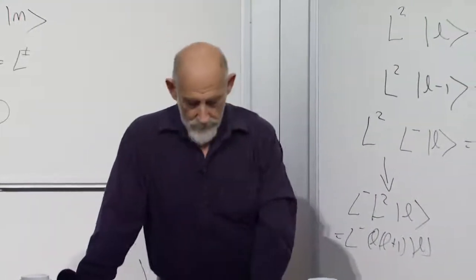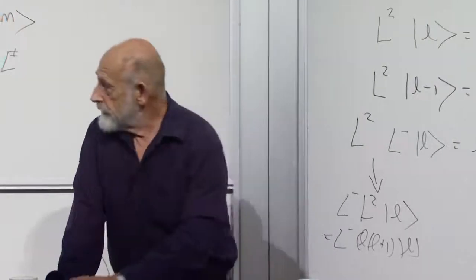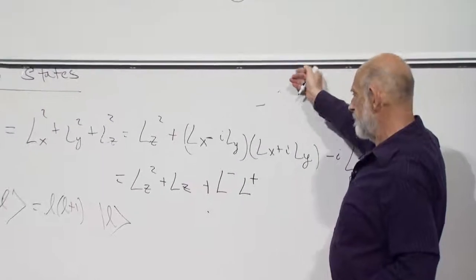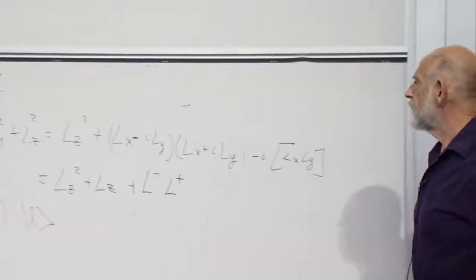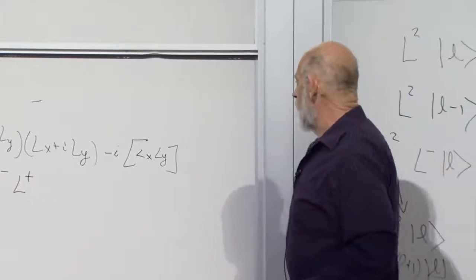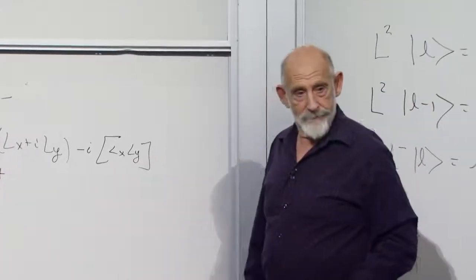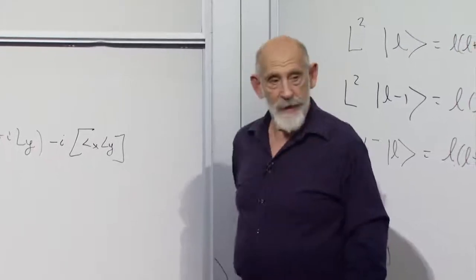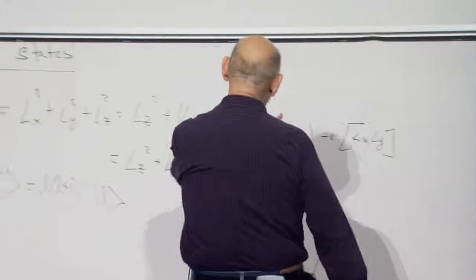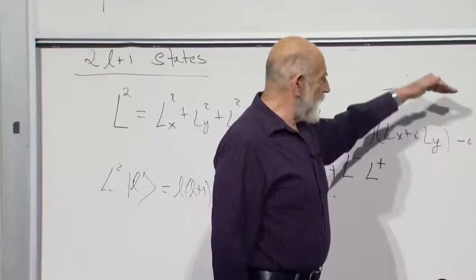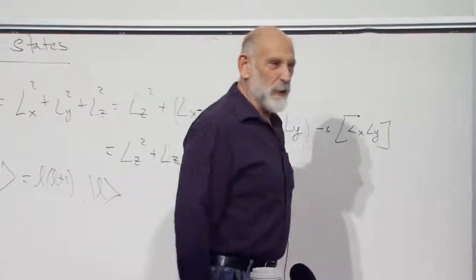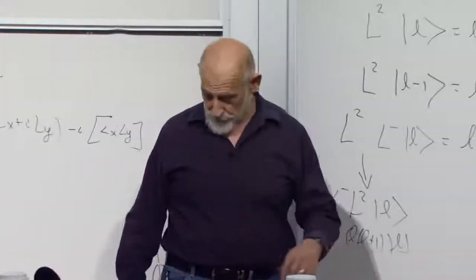Yeah. Can you raise the board to show your factorization? So when you factored Lx squared plus Ly squared, you could have just as fairly gotten L plus L minus as the operator. And then I would have had the opposite sign here. Yeah, it would have given you exactly the same thing. If you had the L minus to the right, you would want to hit it on the lowest state instead of the highest state, but the sign of this would change. It would all work out the same way. It's a good question, but